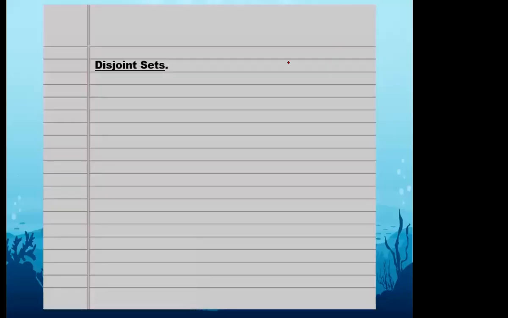Okay, students, now let's start from definitions. Write down the heading of definitions. Write down the date if you are starting from a new page, and write down the heading disjoint sets. Now, what is the definition of disjoint sets? Two sets are called disjoint sets if they have no common members.